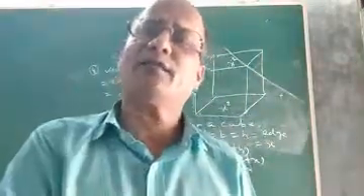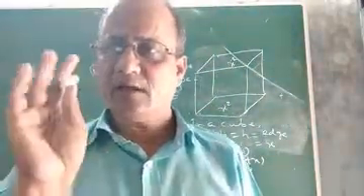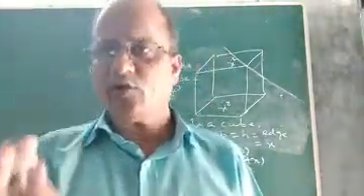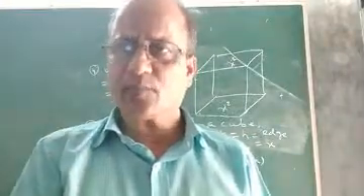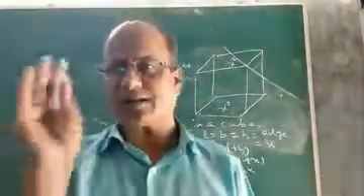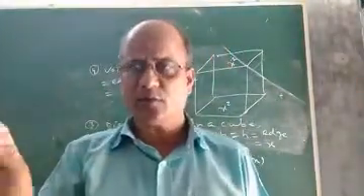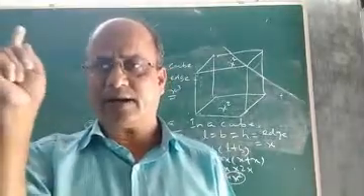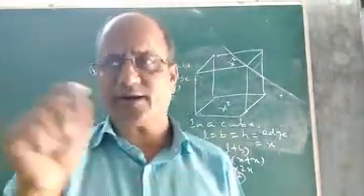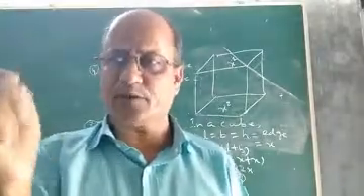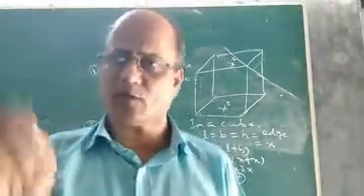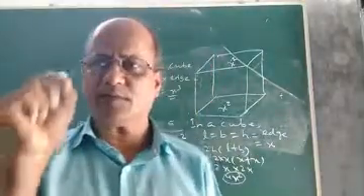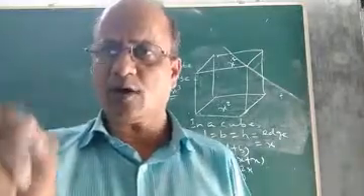Surface area means both lateral surface area and total surface area. Lateral here means planes. Cuboid and cube have only plane surfaces. So the area of the four walls is known as the lateral surface area of both cuboid and cube. So we discussed how to find lateral surface area, total surface area, volume, area of base, and diagonal of cuboid and cube. If you remember these formulas, you can easily solve any problem on cuboid and cube. Okay. So with this we completed the concept of surface area and volume of cuboid and cube.